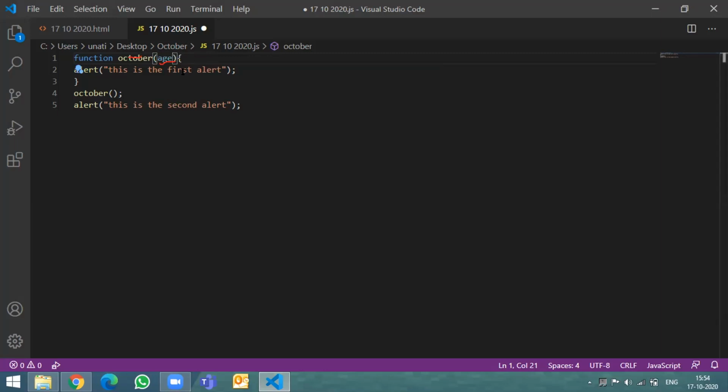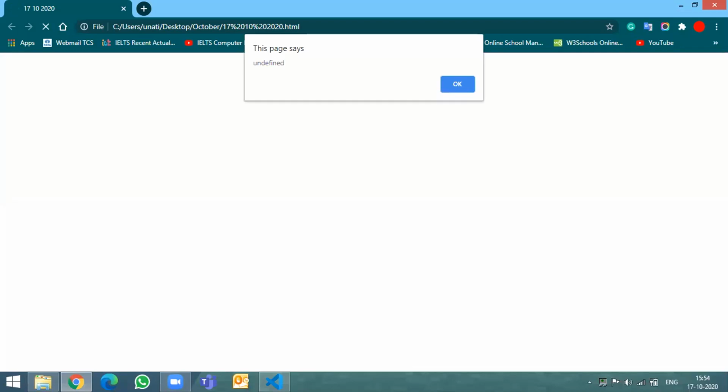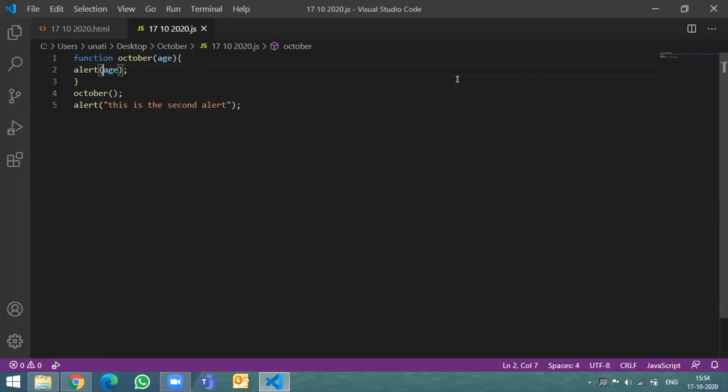And in the alert over here, just remove this and put age over there. Remove that double quotes. Okay, very good. And wait, don't do that. So far, what we are doing, we want to pass a value to a function.